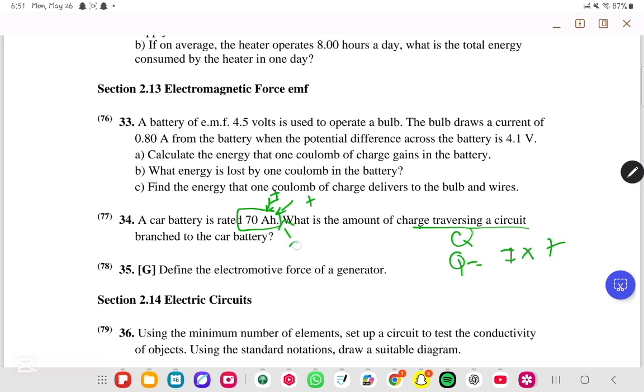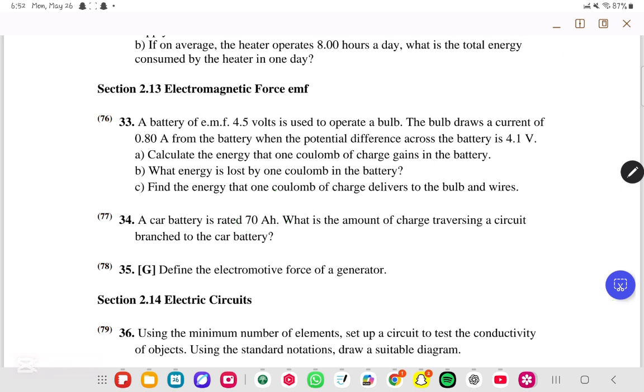So in 1 hour, we have 3,600 seconds. That means the amount of charge traversing a circuit connected to the car battery is going to be 70 amperes times 3,600. Put it on your calculator, you'll get 252,000 coulombs. Okay, so now we move on to